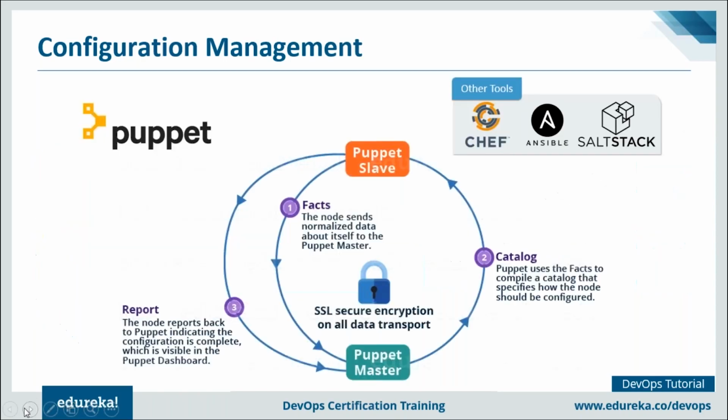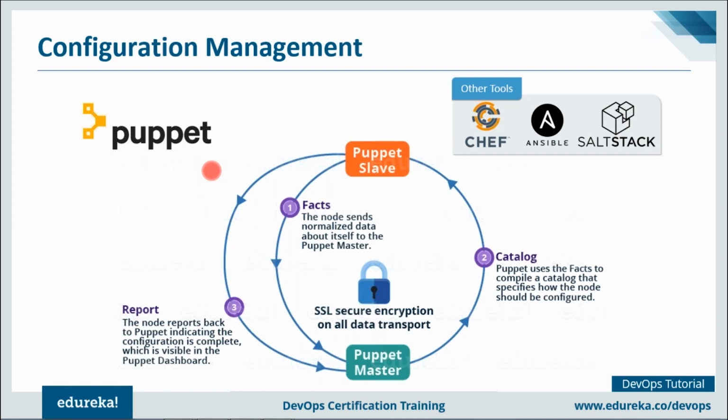Now let's focus on the various tools available for configuration management. We have multiple tools like Puppet, Chef, Ansible, and SaltStack. I'm going to focus on Puppet for now. Puppet is a configuration management tool that is used for deploying, configuring, and managing servers. So let's see what the various functions of Puppet are. First of all, you can define distinct configurations for each and every host and continuously check and confirm whether the required configuration is in place and is not altered on the host.